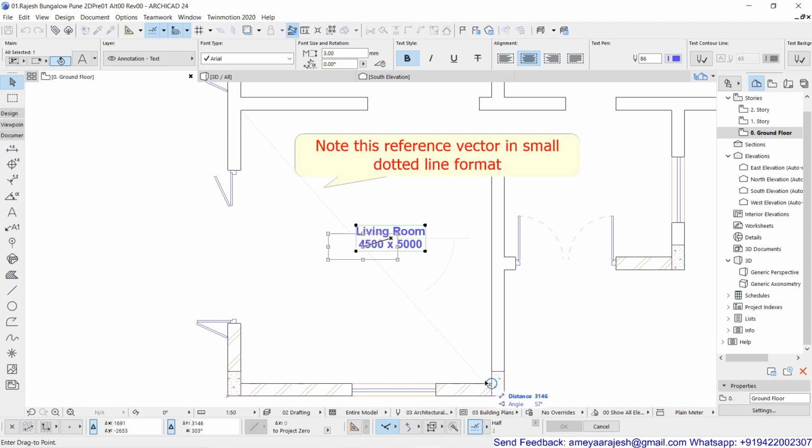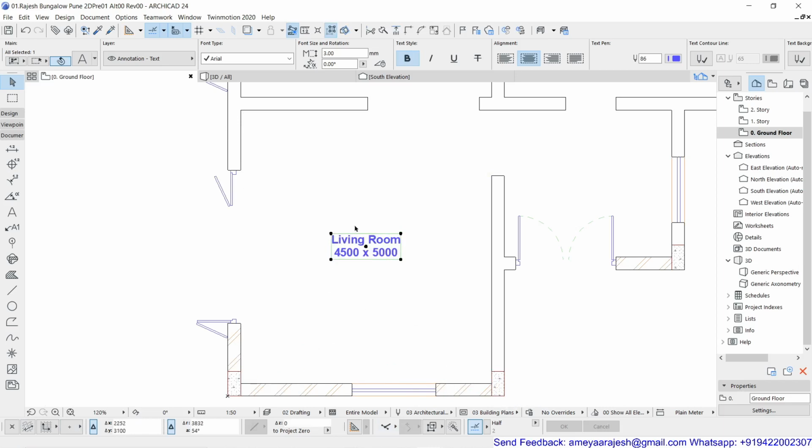So this is nothing but the other corner, and exactly half of that will get identified. And now you have seen how I placed the text exactly in the middle of this room. So if sync is something you expect in this manner, you can definitely go for it. Now, what is next?